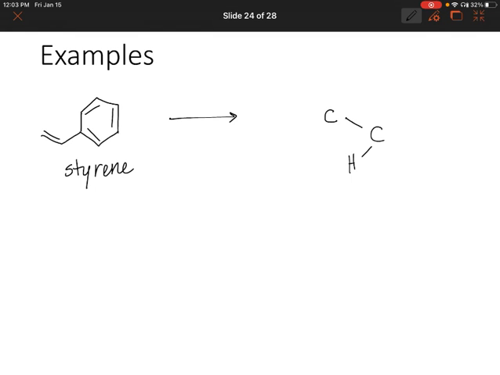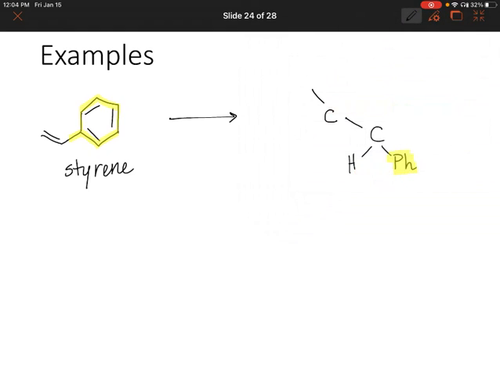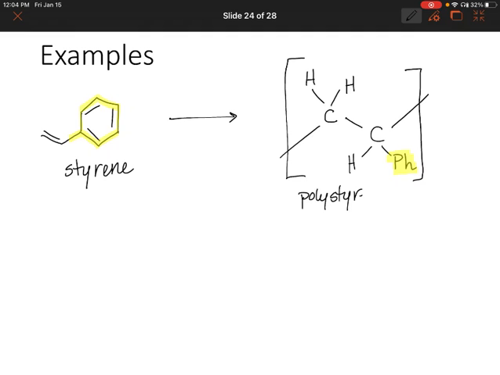And I'm going to abbreviate the benzene ring as Ph. So Ph is this over here. So it's the benzene ring with a carbon coming off of it there. The other carbon just has hydrogens on it. So this is, again, polystyrene,